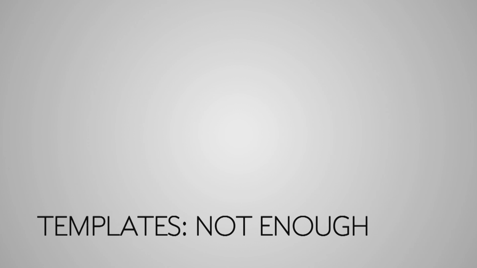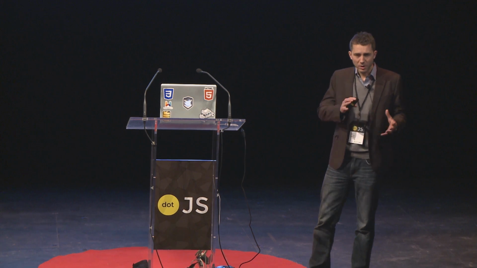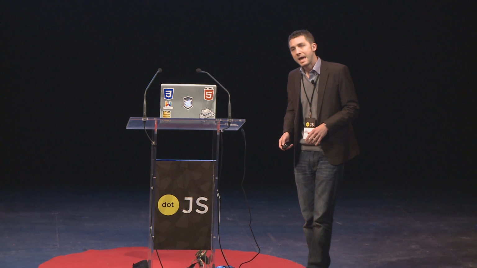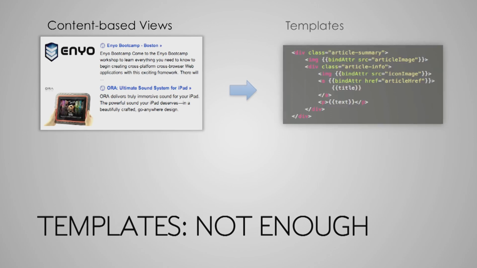So first, there's a lot of great frameworks out there doing awesome things around data modeling, data binding, keeping views in sync with their underlying data. And that's awesome. We love that. That's something that the web totally needs. But the problem with a lot of these frameworks is that they really kind of punt the view layer to HTML templating. And when you're creating websites that are primarily content-driven, templating is a great solution. So if you've got a view that needs to look like this, templating can get you there really easily, right?